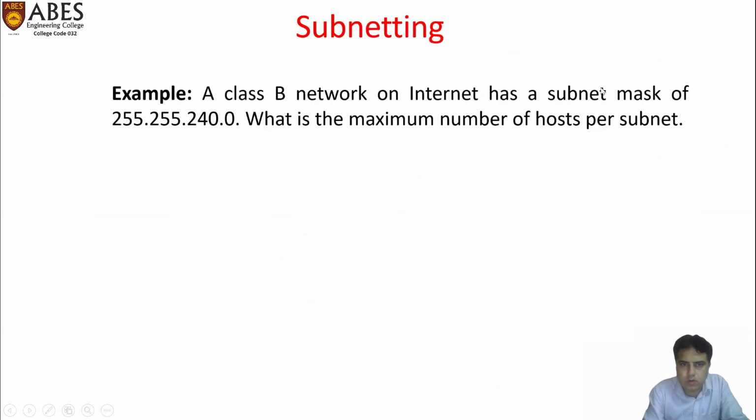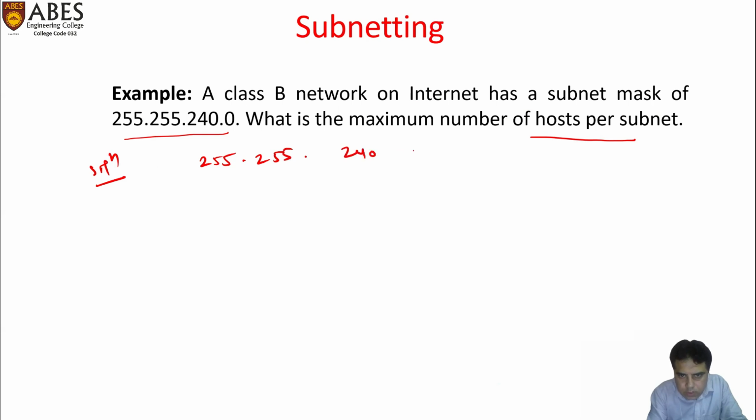Now let us try to solve one more example. A class B network on the internet has a subnet mask of 255.255.240.0. What is the maximum number of hosts per subnet? We have to calculate the maximum number of hosts per subnet. Now the given mask address is 255.255.240.0. When we convert this into binary,